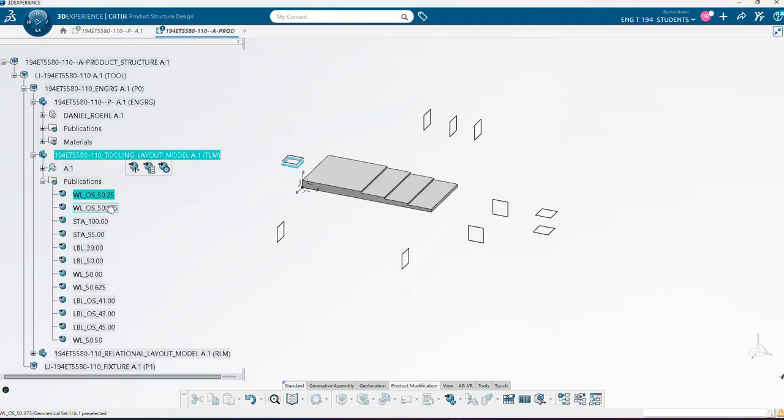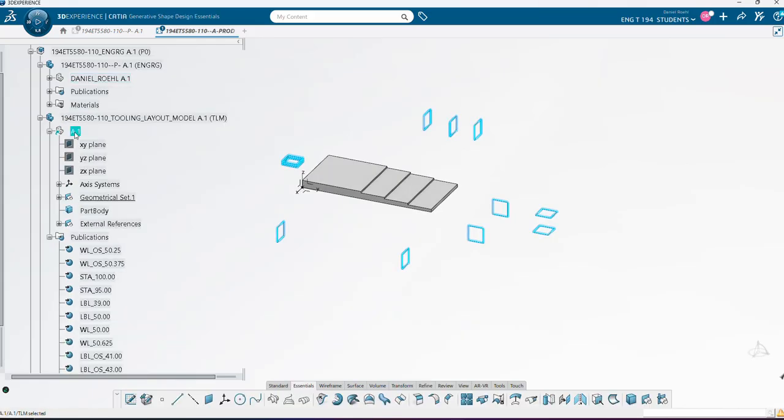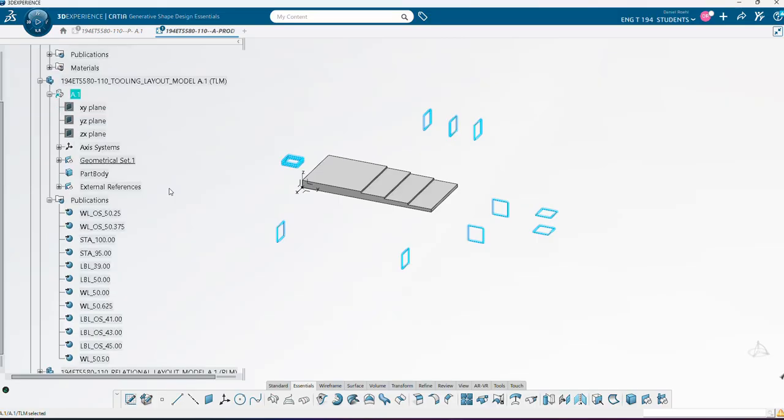We need to switch to part design. Switch from generative product structure to part design, and how do I do that? I would open the RLM level because that's where we're going. No, we want to activate the A1 because we want to copy from the A1 part, right? Oh yes. Where it says A1, the part itself, Dan, below. Doesn't it say A1 right here? Double click that and it should change it. You're in generative shape last, so that's why it's going to generative shape, because you were building on the planes and stuff. So now when you open up the geometrical set,